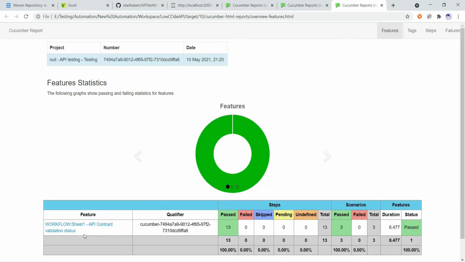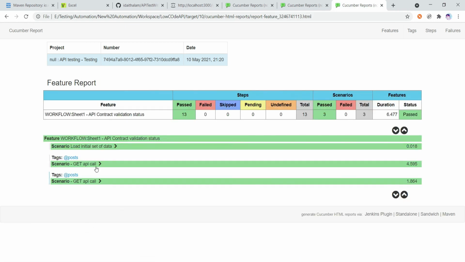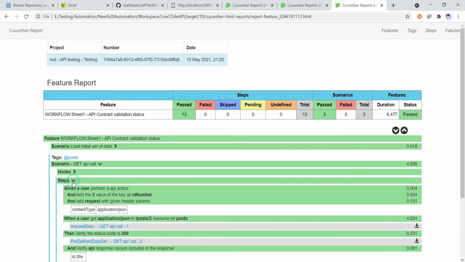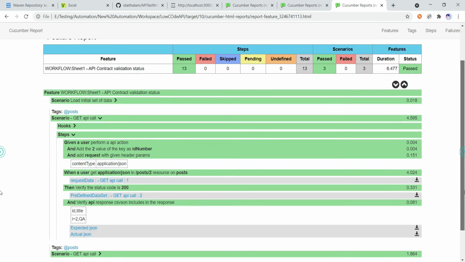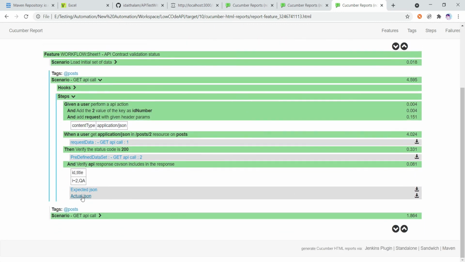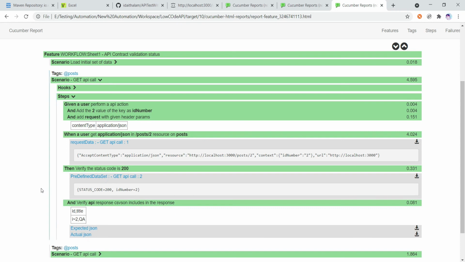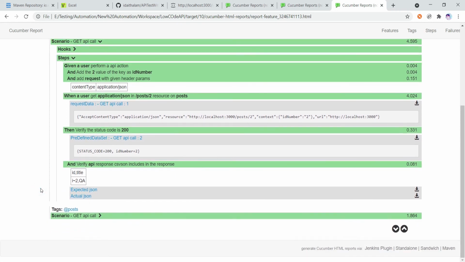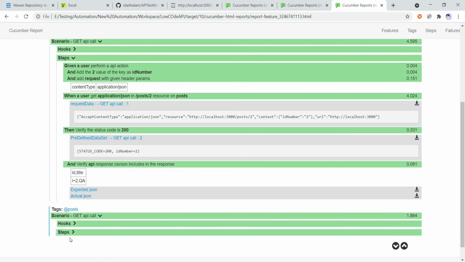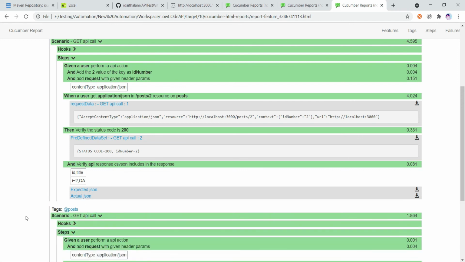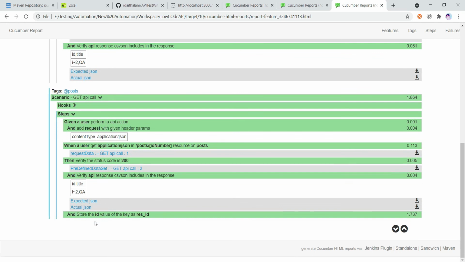If I go to step 1, the expected JSON and actual JSON come here. You can see this is the ID 2, and the expected and actual JSON are shown. If I go to the second, they are also shown here.